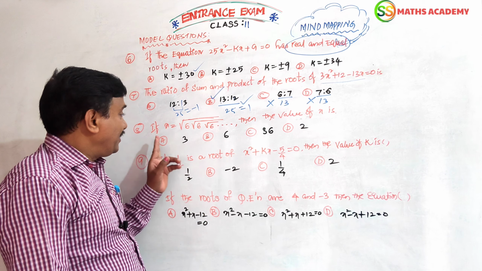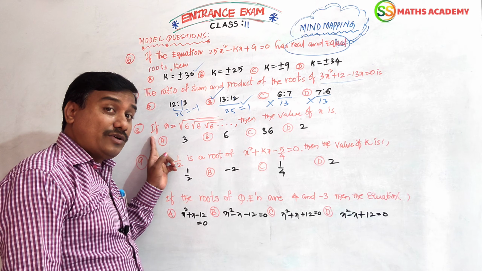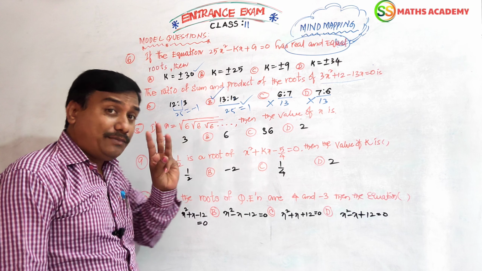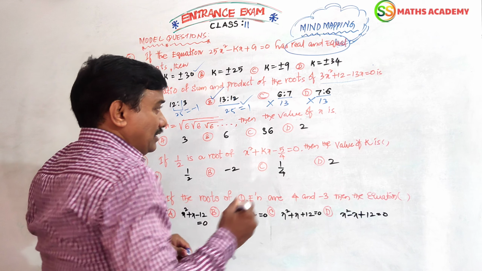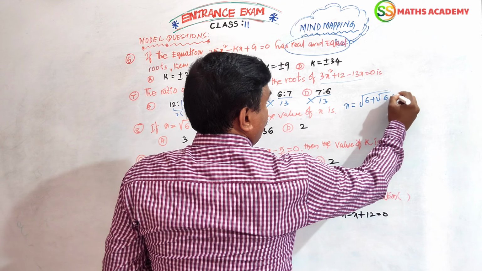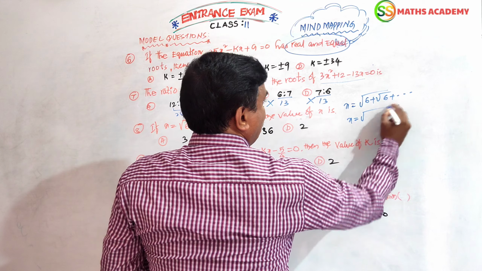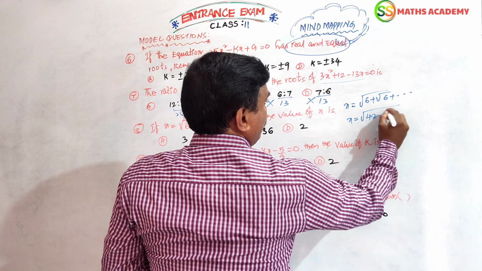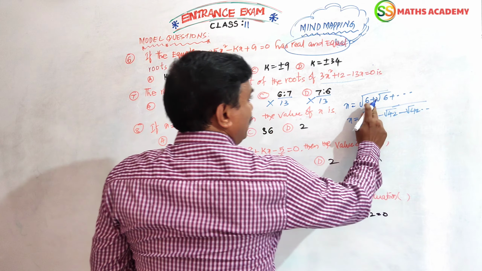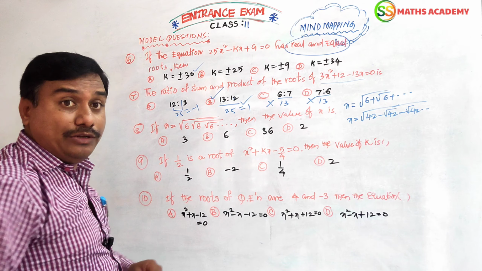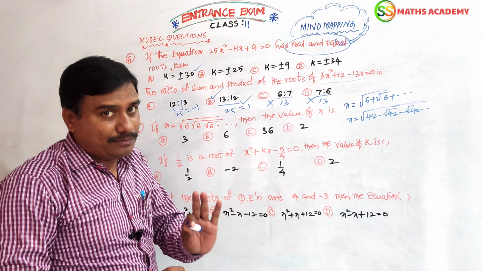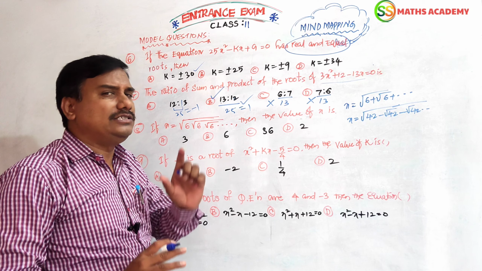Next, see here, a very interesting question. Actually, I was covering this question in real numbers also, but I want to tell you about this kind of question. The 3 models are sometimes given like this, sometimes like this. So here plus will be there, here minus will be there, here into will be there. In this case, we are going to do squaring on both sides. That is the general method. But I want to tell you a very easy shortcut method.